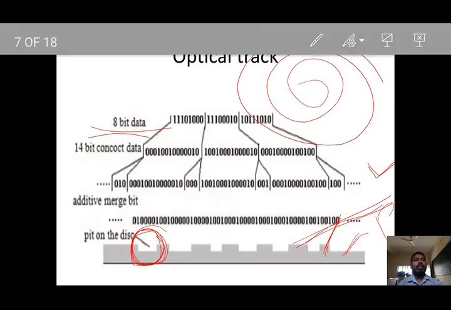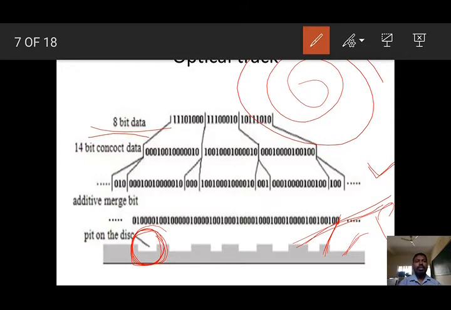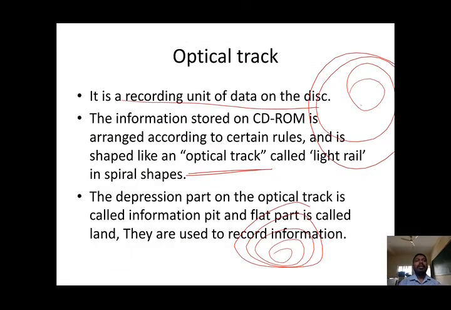Can you see the difference? The flat part is called land. The depression part is called information pit. This is how the data is stored in the optical disk. Dear students, what is optical track? The recording unit of data in the disk.